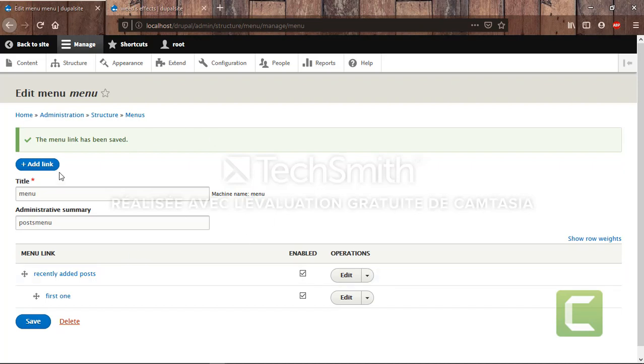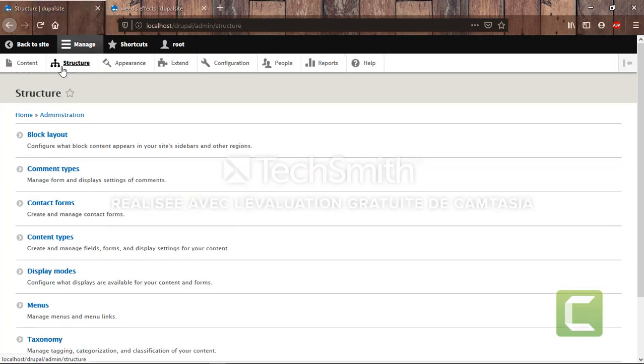To create a new block which is gonna be used to show the menu we just created, we'll go to structure, and then we can see block layout in the beginning. I'm gonna click block layout, and configure blocks appears in your sidebars and other regions.